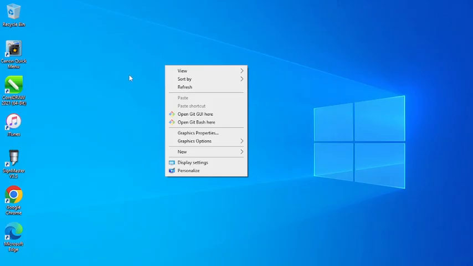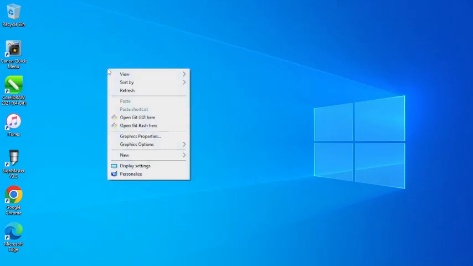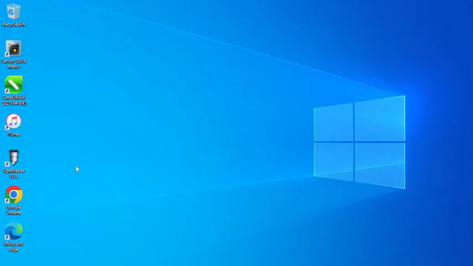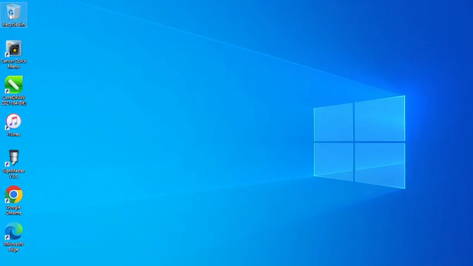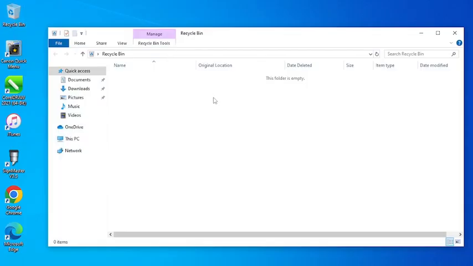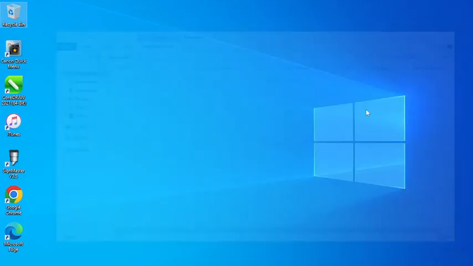Take for instance, now that our right click is our primary, if we go to the Recycle Bin and left click on it, it's giving us options. If we right click on it, it's going to open the Recycle Bin. So quickly we head back to settings,